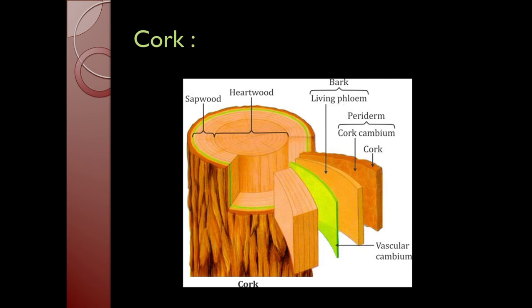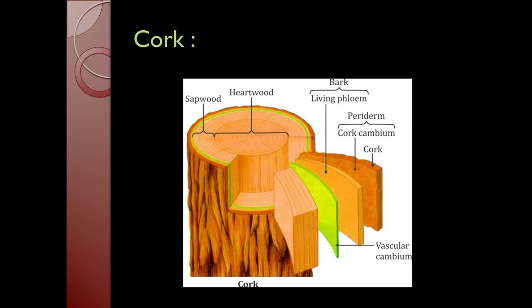Then it usually ruptures from the surface. Here you can see the ruptured surface. The cork cambium produces cork cells towards the outside and the parenchyma cells lie towards the inside. Here you can see the living phloem parenchyma cells lie towards the inside. With time and maturity, the cells accumulated on the outside are cut off from the inner layer and they form several layers of thick cork, and then they constitute the bark of a tree.